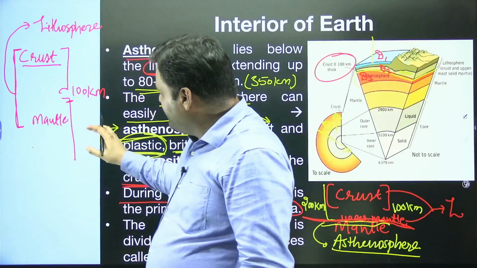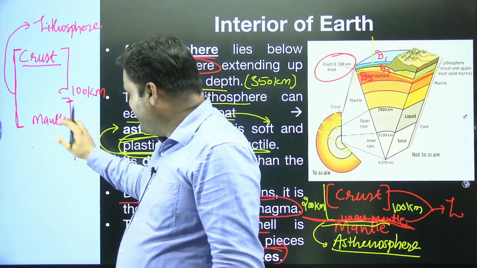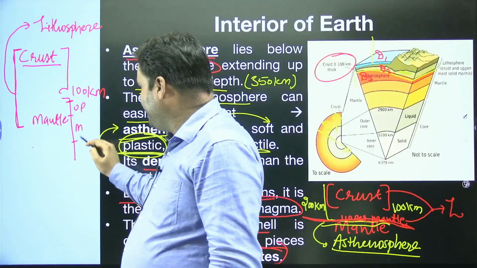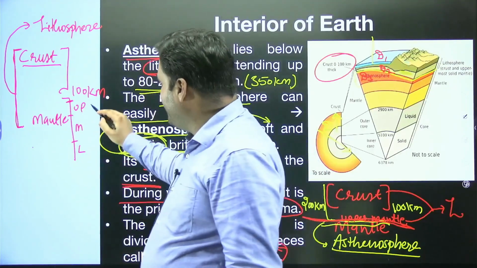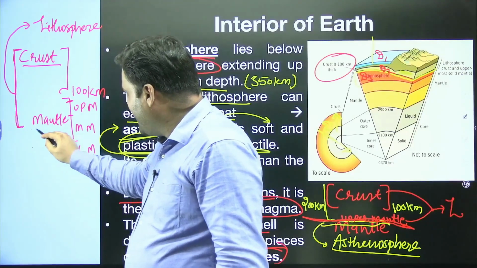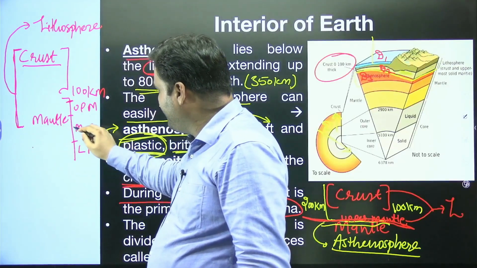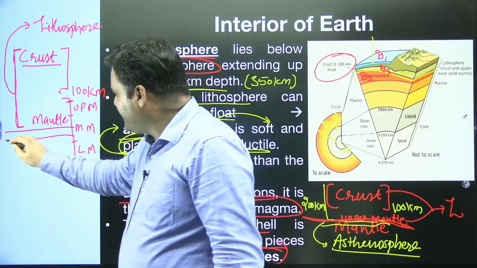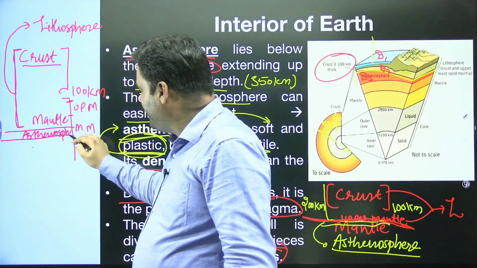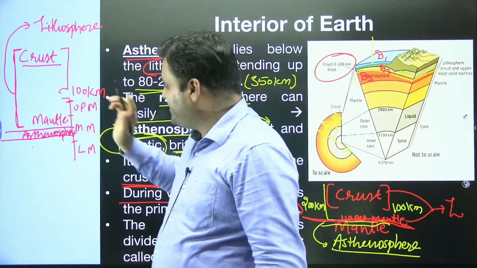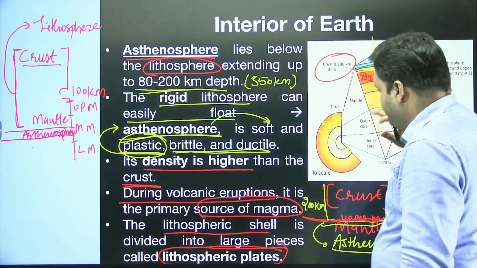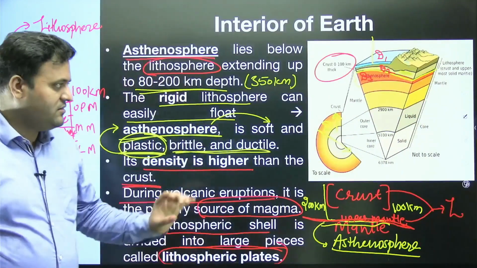And when we divide this mantle into certain layers, let's say upper mantle, middle mantle, and lower mantle, after the lithosphere, in the mantle itself, we have one transition zone, and that transition zone is what? Asthenosphere. The depth of asthenosphere is up to 350 kilometer from the surface. Okay, so this is a general idea about the interior. Moving ahead,